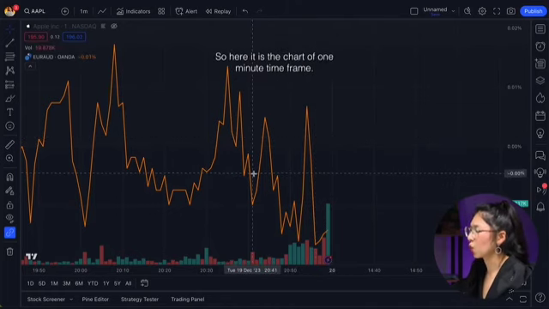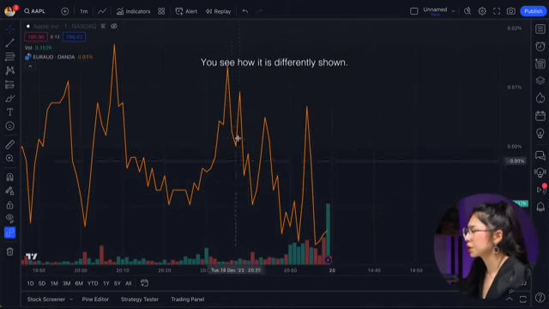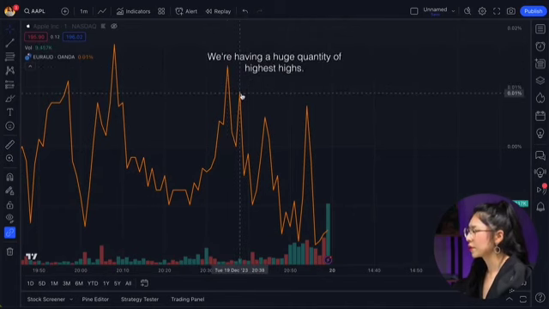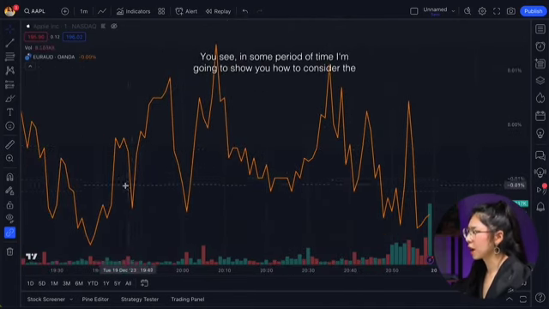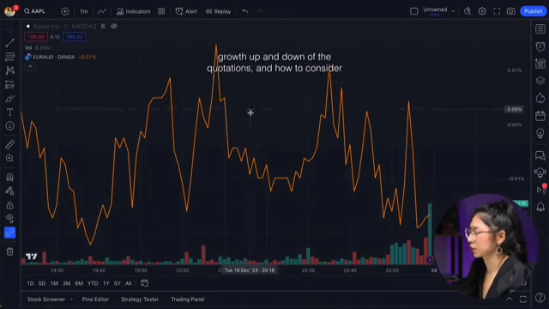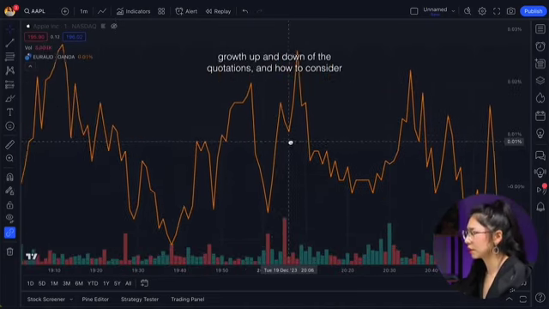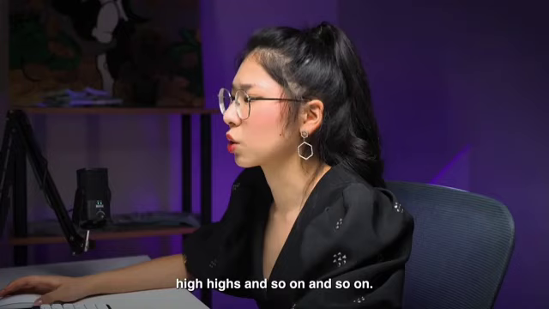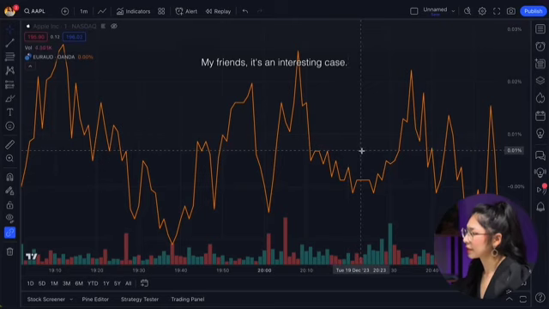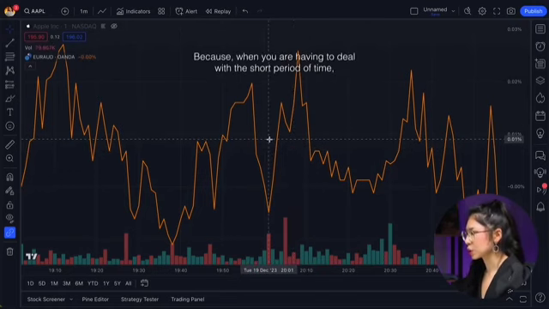Here's the chart of the 1 minute time frame, and you see how it is definitely shown. We're having a huge quantity of highest highs. You see, in some period of time, I'm going to show you how to consider the graph up and down of the quotations and how to consider the highest high, lowest low, high lows, high highs, and so on, guys. So my friends, it's an interesting case because when you're dealing with a short period of time, it will